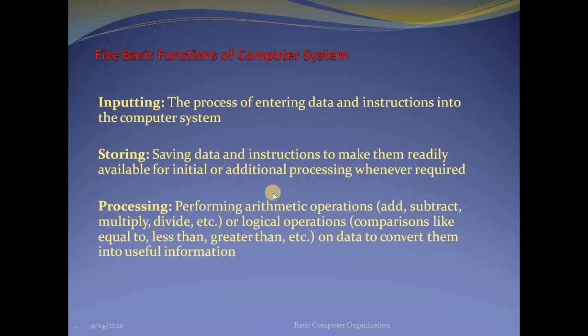So once the raw data and instructions are given to the computer and stored, what we need to do is the processing. Basically we don't do it; we just provide the data and instructions. The computer will do this processing task in the CPU. The processing will be done by arithmetic operations, and for this we separately have the arithmetic and logical unit. When we want to do operations like addition, subtraction, multiplication, division, we use this arithmetic and logical unit.